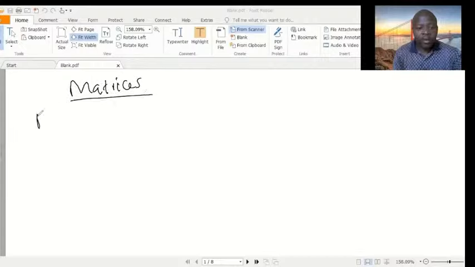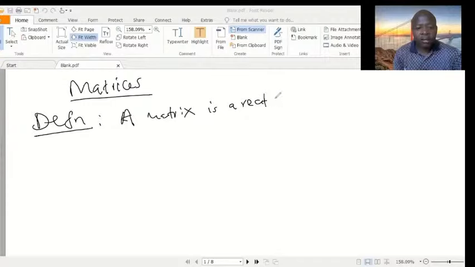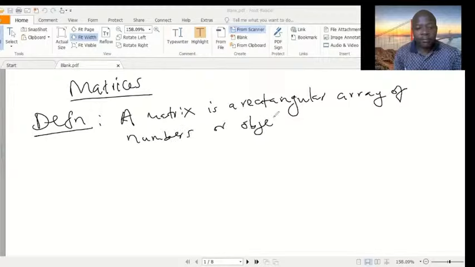So I'll begin by defining what a matrix is. A matrix is a rectangular array of numbers or objects. Now, for instance, we can represent a matrix, matrix A, as